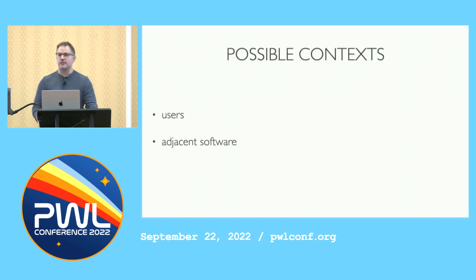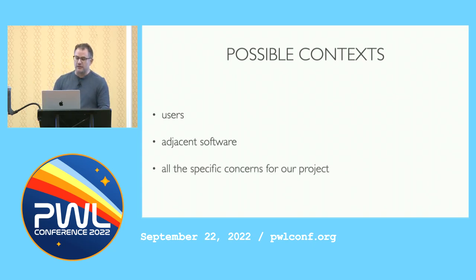But what are the contexts, right? An obvious answer is the users. This is arguably the ultimate measure of whether or not our software is any good, whether or not it empowers users, whether they find it easy to understand. But a lot of development happens over the horizon from the users. We're many layers of indirection from them, and so it's hard to use the user's perspective as a way to shape our design decisions. So we tend to focus on something a little bit closer to home, which is to say the other nearby software.